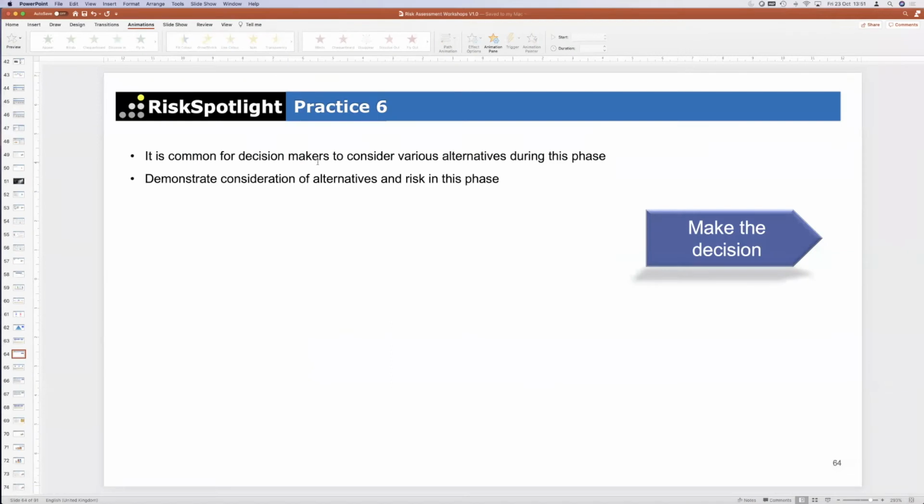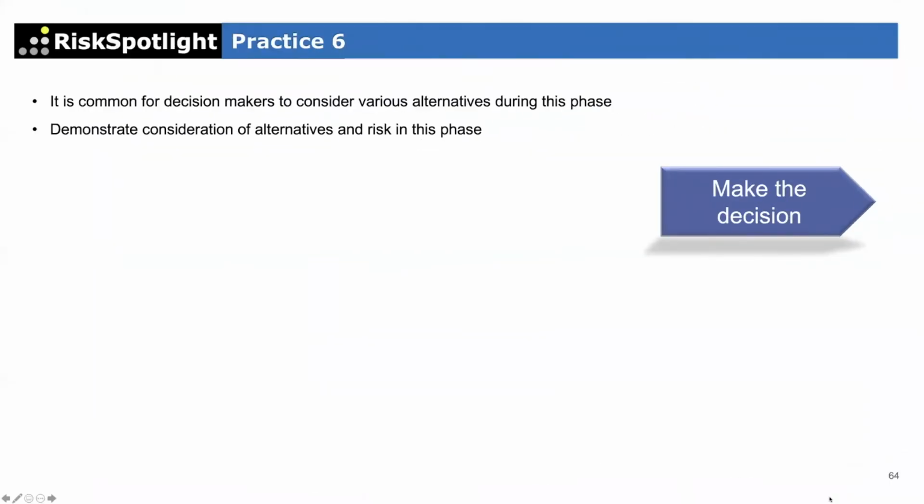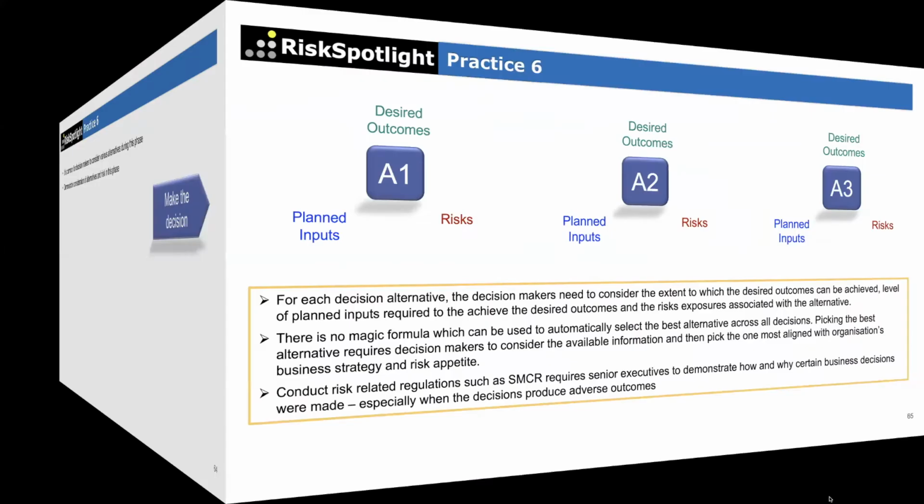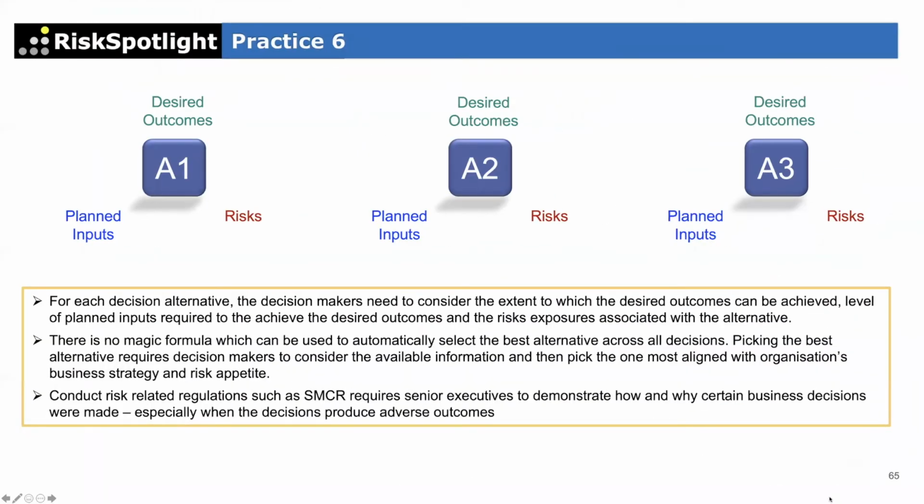So that is what this element talks about: integrating risk as part of the decision-making process. And this is what you will get once you have collected all the data. You will have different alternatives. In this case, we had 3 alternatives. And then whoever is making the decision, whether it's a committee or a board or a senior management team, they